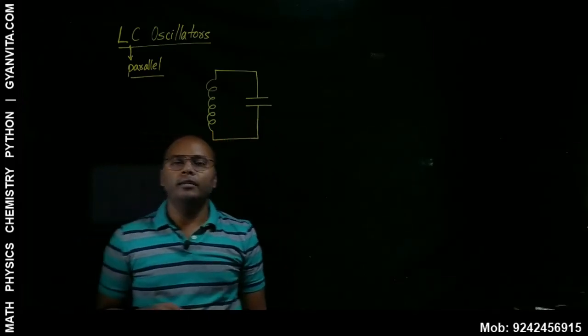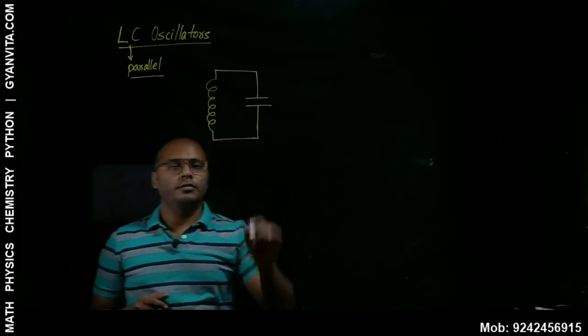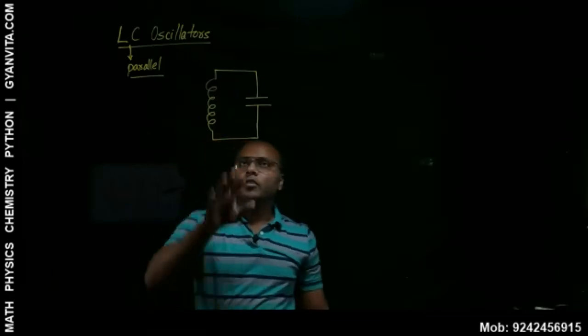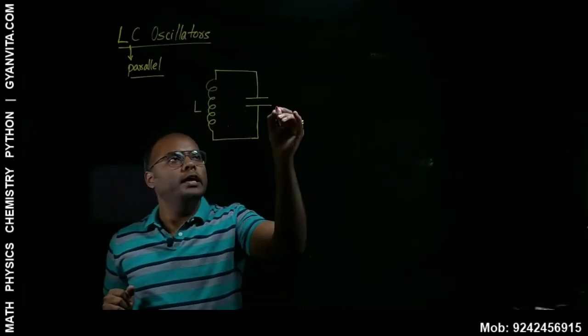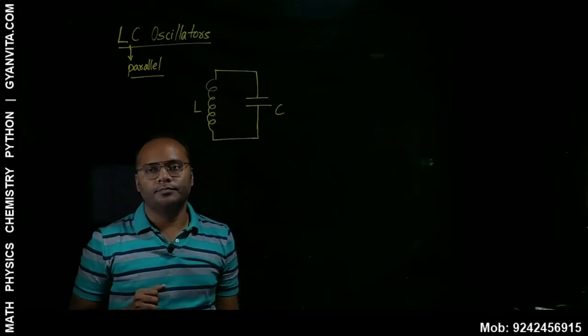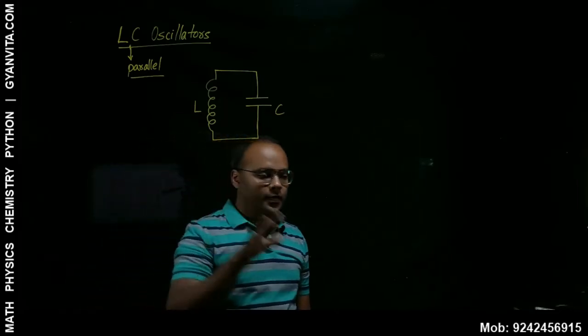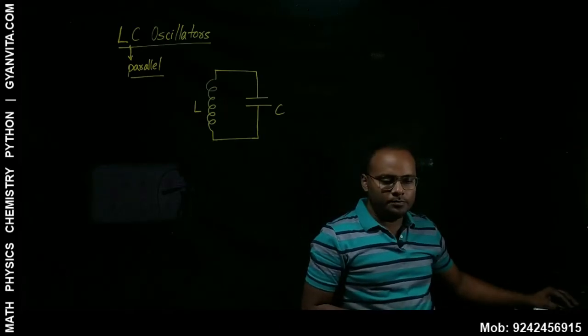And this is a parallel combination. Suppose this is an LC oscillator, the combination of L, that is your inductor, and a capacitor. Okay, so initially a battery is connected to it, and when we connect a battery to this,